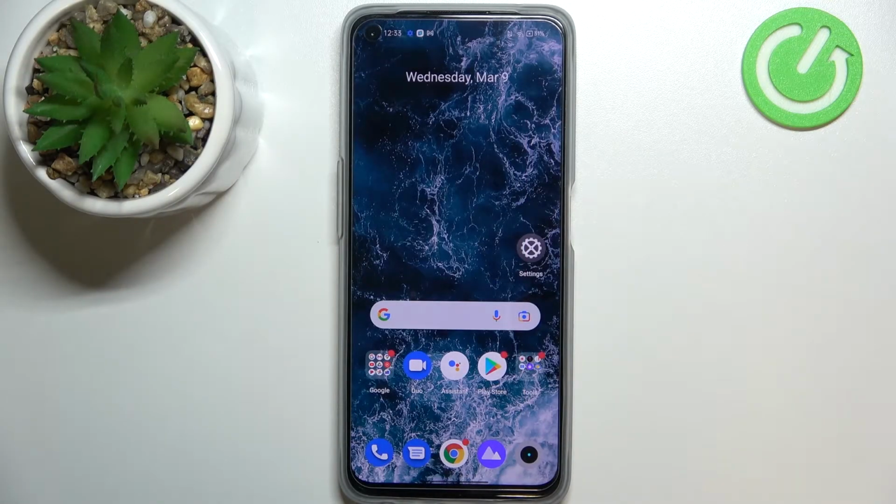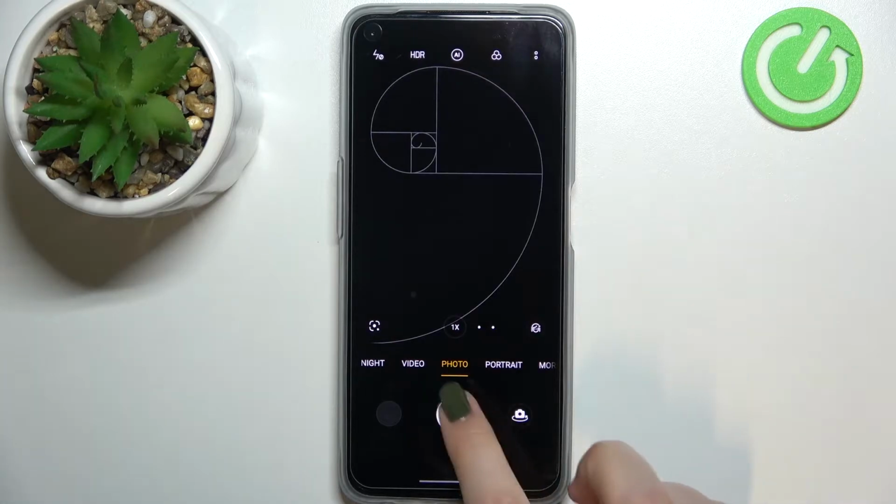Hi everyone, in front of me I've got Realme 9i and let me share with you how to set camera timer on this device. So first of all, let's open the camera app, and since we are in the standard